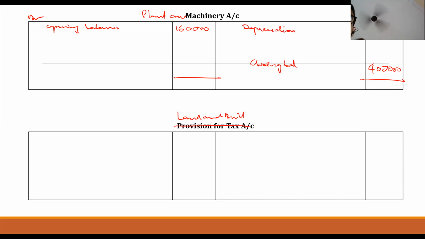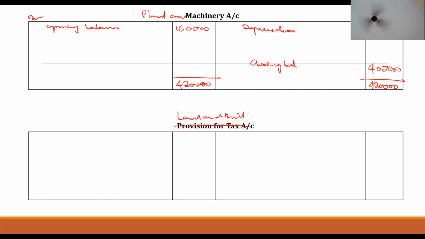Depreciation, 20,000. So they have not given any purchase or sale of fixed assets or profit or loss on sale of fixed assets. So from this account, the balancing figure would be either purchase or sale of plant and machinery. Which side is more? Credit side is more. So you can total that, 4 plus 20, 4,20,000. Here also 4,20,000.